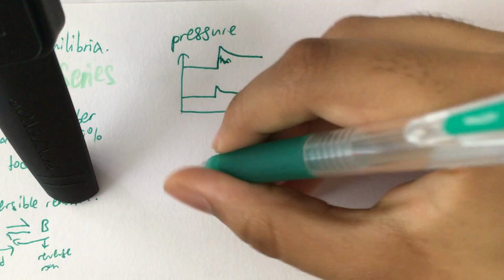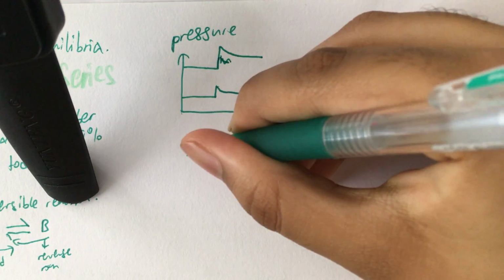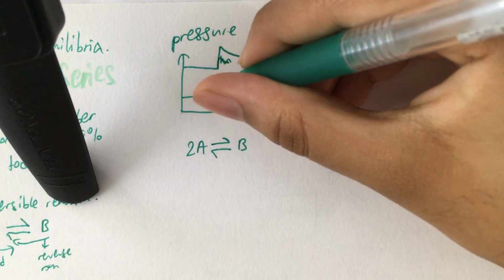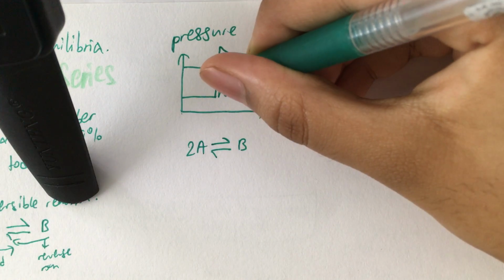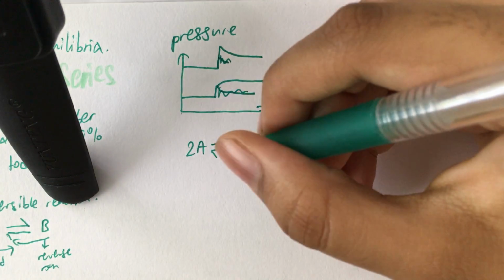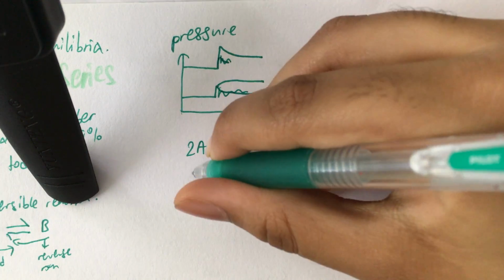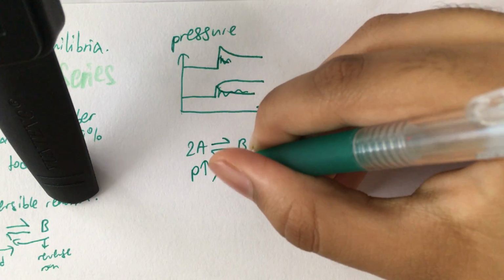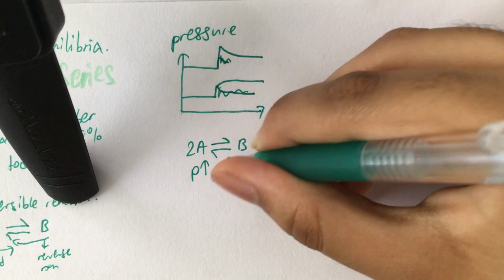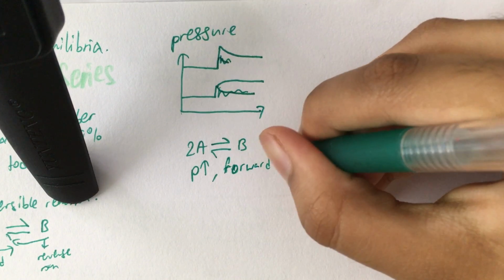And in order to decrease the pressure, you try to create fewer gas molecules. Yeah, so in this scenario, you're assuming that it is a gaseous system, because in a liquid system, I don't really think this is going to happen. In a gaseous system, it's more evident. So in order to decrease the pressure, the forward reaction will become faster,